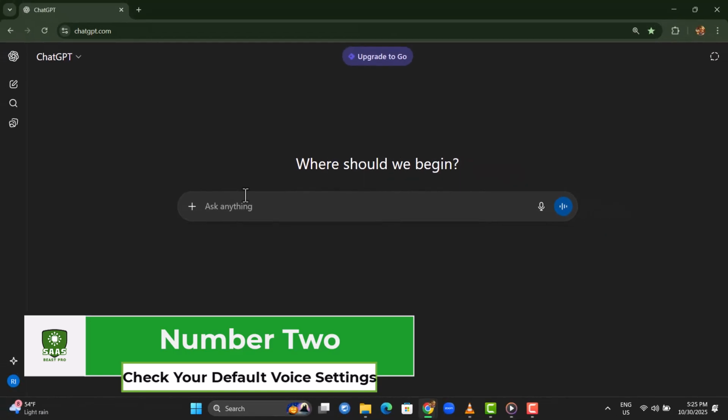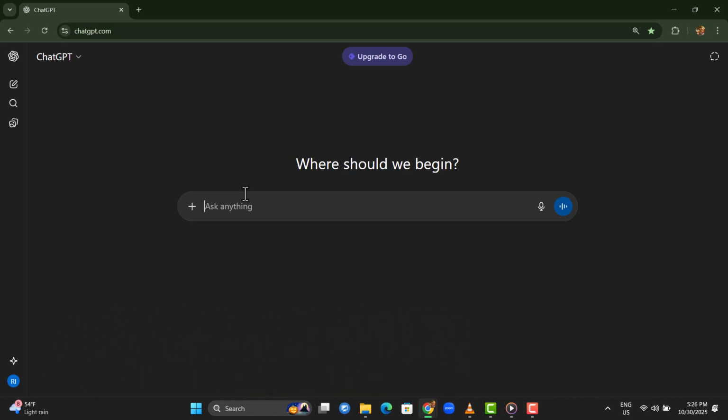This step is crucial because picking the right voice transforms your ChatGPT experience, making interactions feel more natural, engaging, and personalized. It sets the tone for all your conversations and improves clarity and enjoyment. Alright, let's dive into the steps. Step 1. Open ChatGPT on your desktop browser and click your username in the bottom left corner to access the